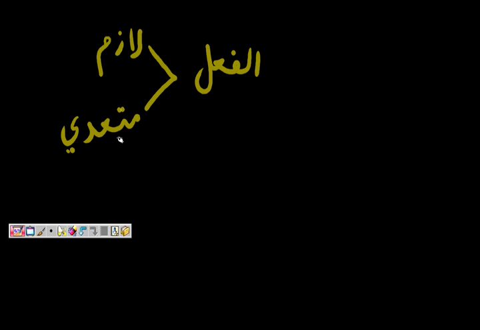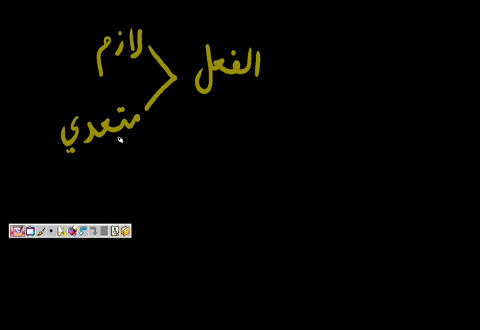So what's an example of a lazim verb in English? He left. Actually, can I change that? He departed. Because in English, when I say he left, you can say, what did he leave? If I say he exited or he departed, actually all of those can be used transitively in English. But in Arabic, the corresponding verb is intransitive.